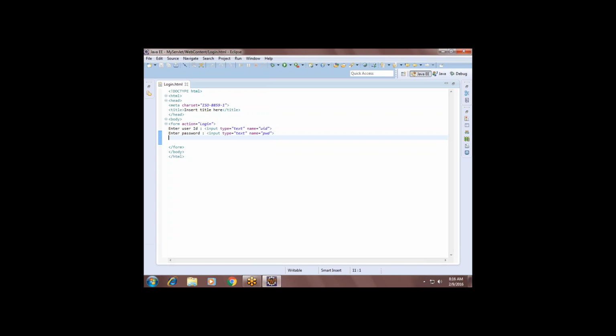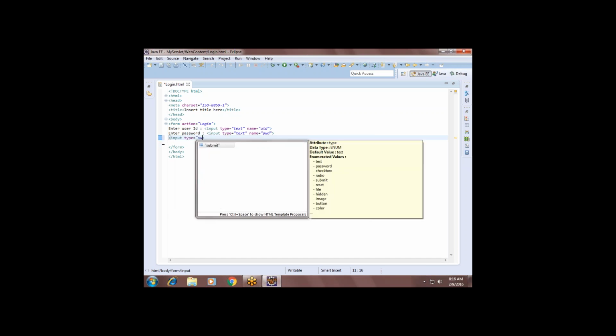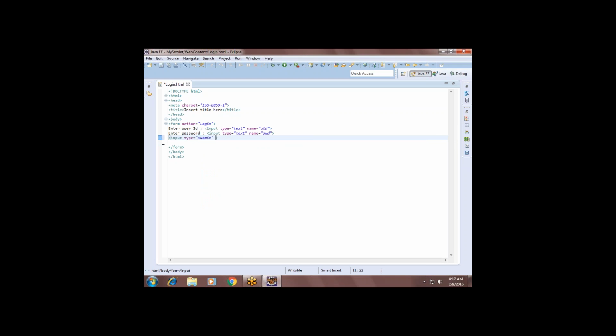Done guys. So two text boxes I have created and there is a submit button. Input type equals submit, value equals submit. So one submit button, two input text boxes. When you press the submit button, automatically this action will perform and this URL pattern will go to the server.